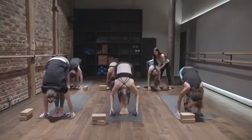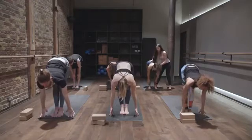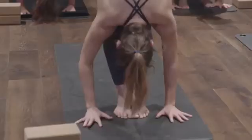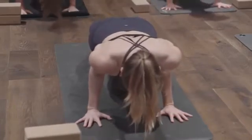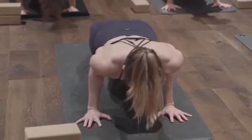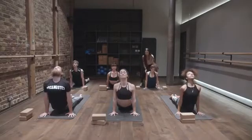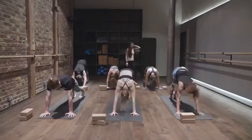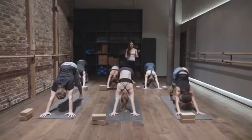Inhale, extend, grow through every vertebrae of your spine. Exhale, refold, press into the palms, step or hop back, plank, chaturanga, or knees, chest, chin. Bend elbows, inhale, slide forwards, up dog, shoulders are soft. Exhale, downward facing dog. Good, broaden through the fingers and then again, reattach the palms of your hands, not just